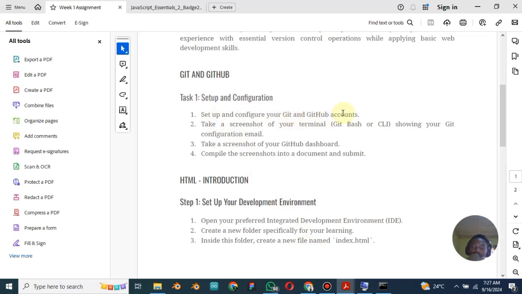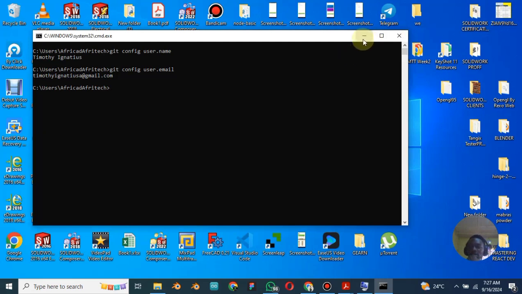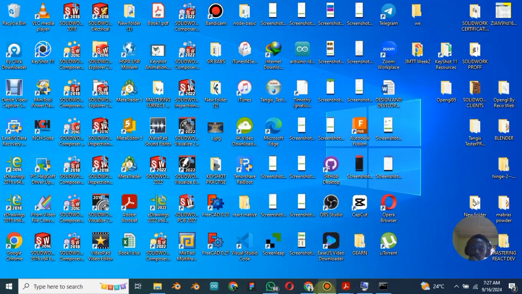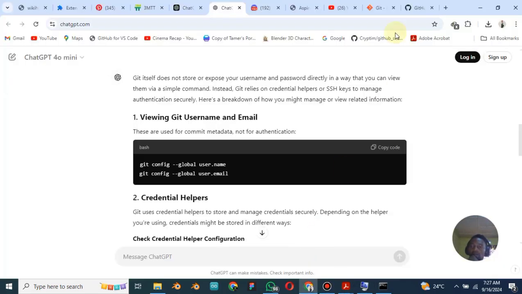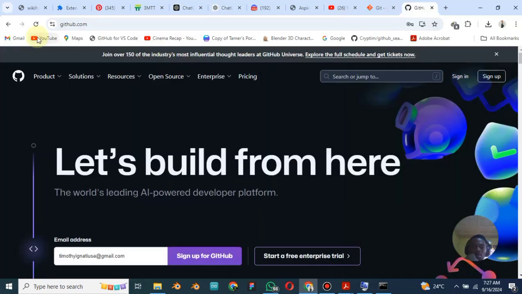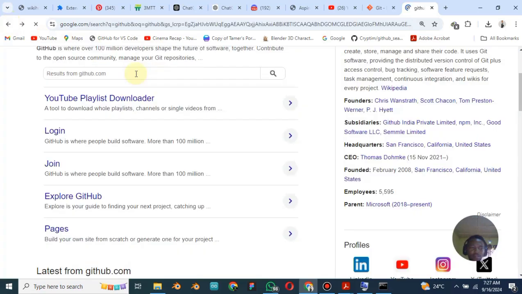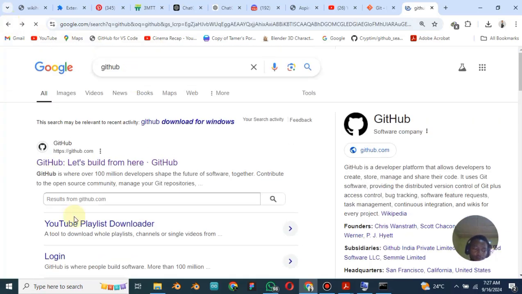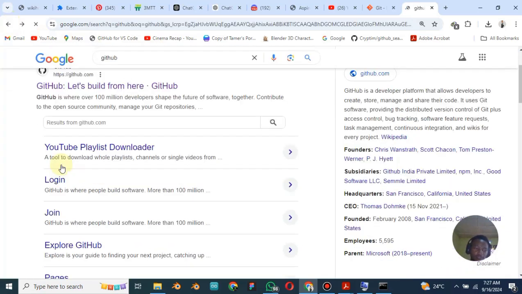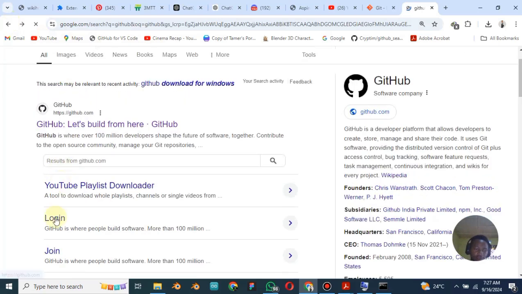Now the next thing, we've done this aspect, which is the Git. The next one is the GitHub account. I have to create an account with GitHub. Next I'll have to go to my browser, then I type GitHub. Just type GitHub, then you say login. This first one that pops out, say login. So now if you say login,